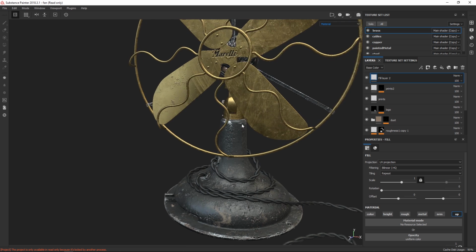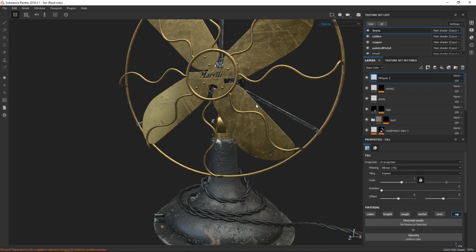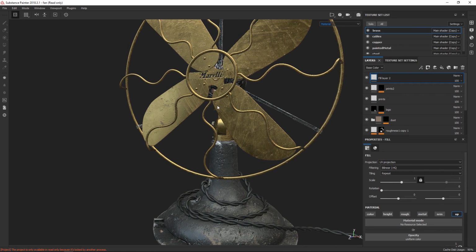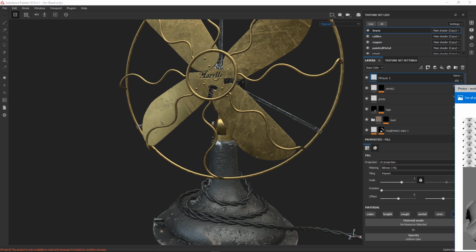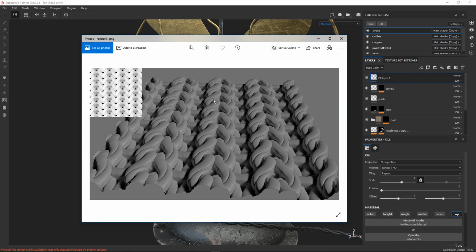So these are maps which determine more the specularity of it. Then we have displacement, bump, vector displacement, and normal map. Here we are looking at a displacement map, a black and white map where the white is being pushed out and the black is being pushed in.